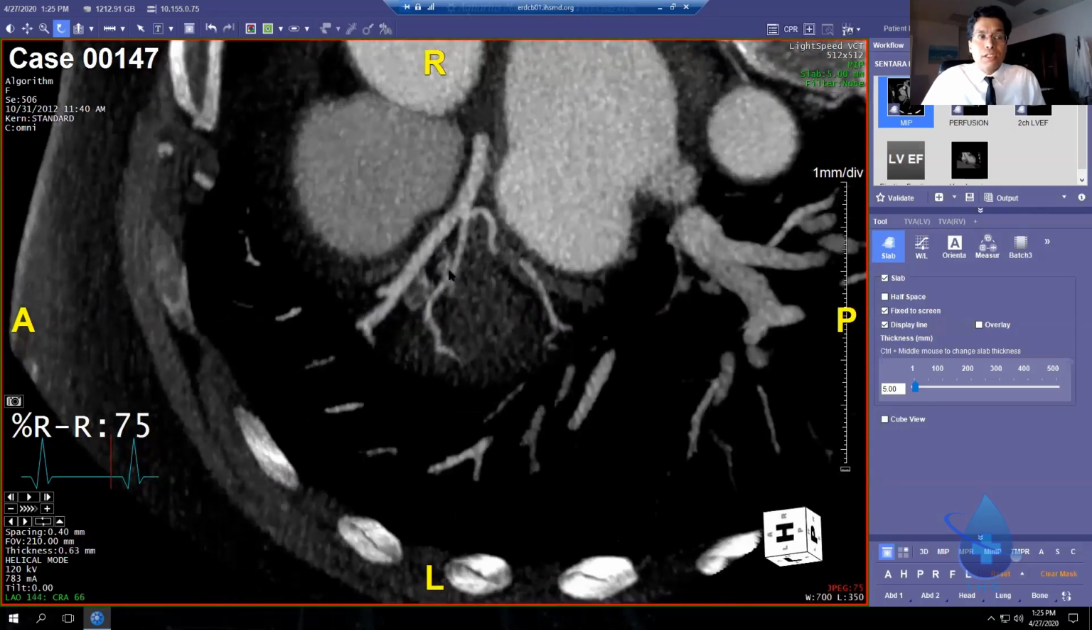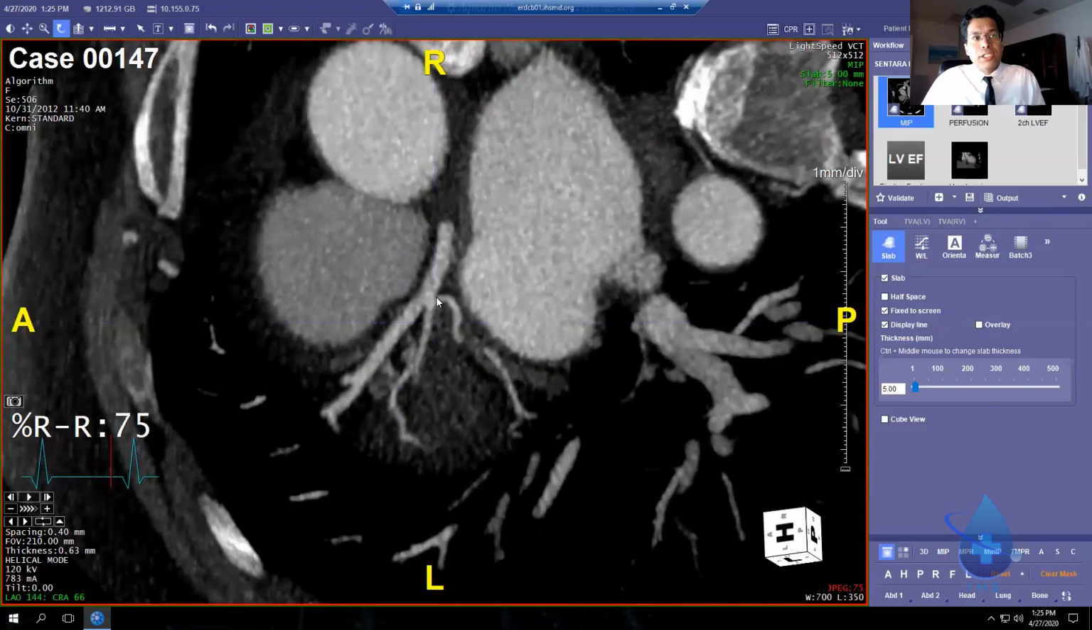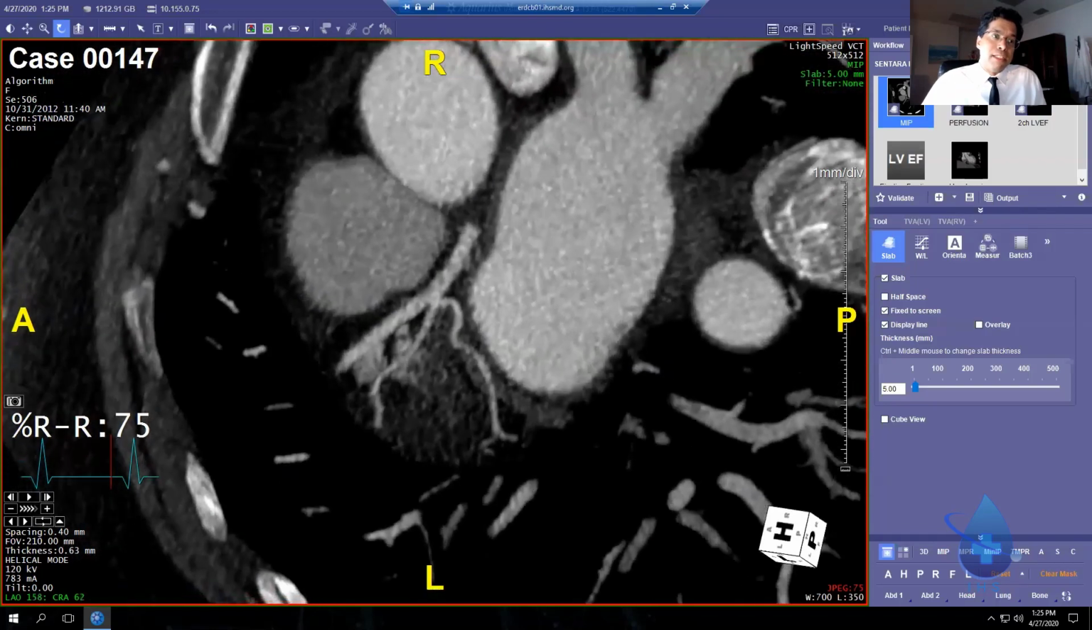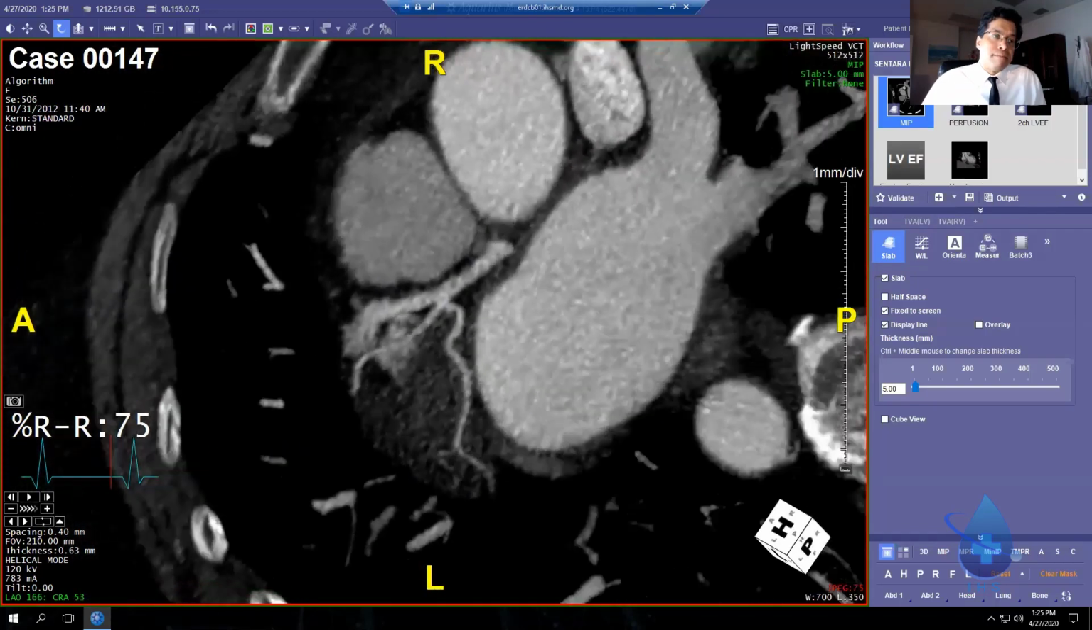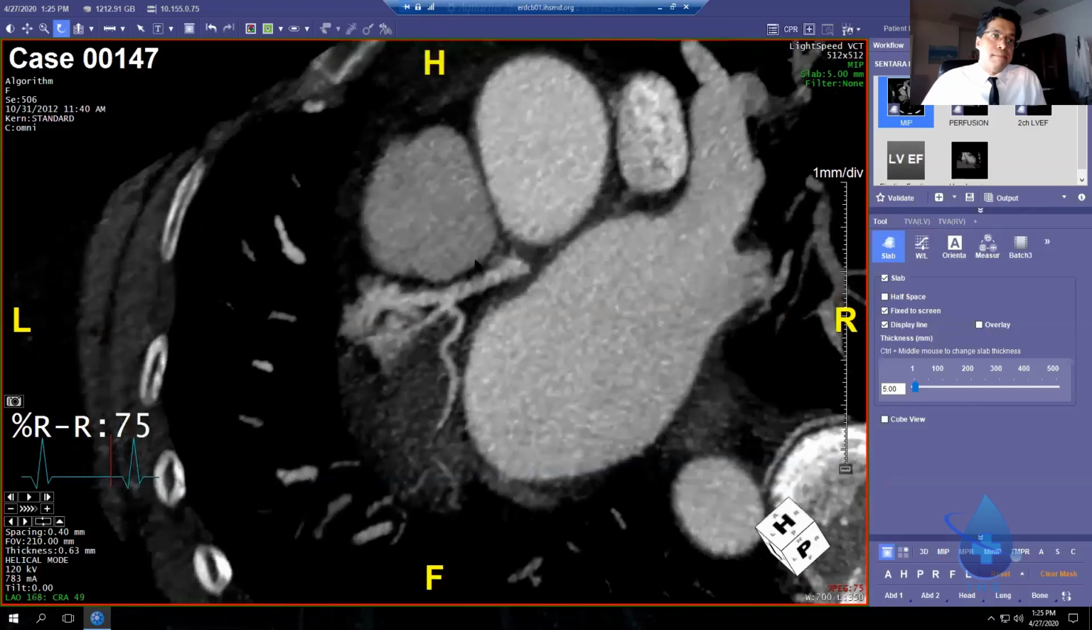So your goal is to read this looking for any lesions that deserve medical therapy and any lesions that deserve revascularization. And if you're an ISCHEMIA trial believer, then you're really just looking for left main and proximal LAD. And if they don't have that, you're going to treat them medically until they have angina. Now, here's the